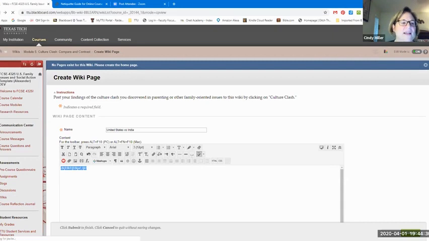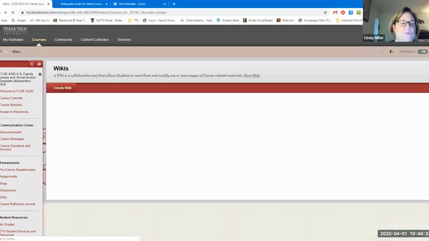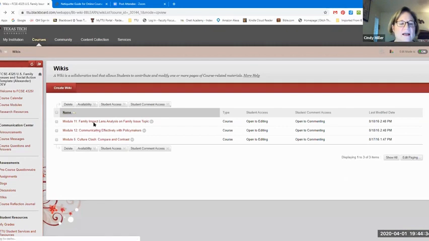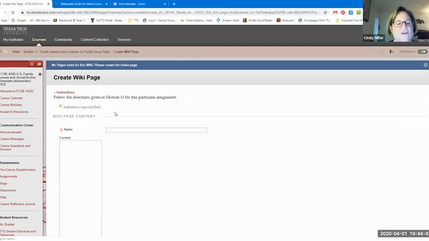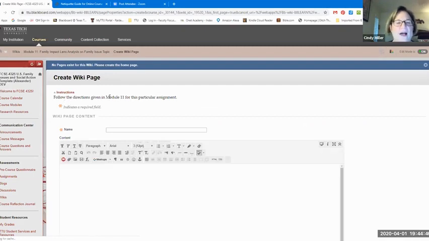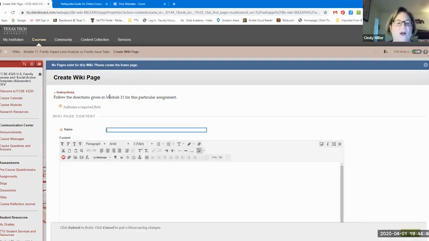And then another one, I did have them do their particular presentation on this one. I also had them use the family impact lens on a family issue topic. I'm not sure if it's all in here. And again, it says follow the directions given in module 11. So I have weekly modules that they go into, and then they would come in and put the information here